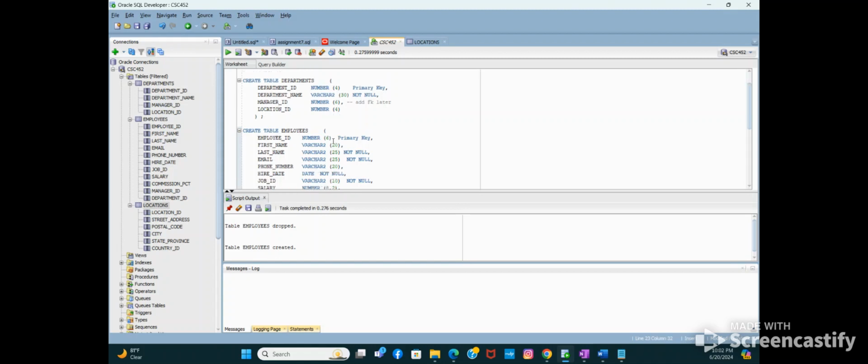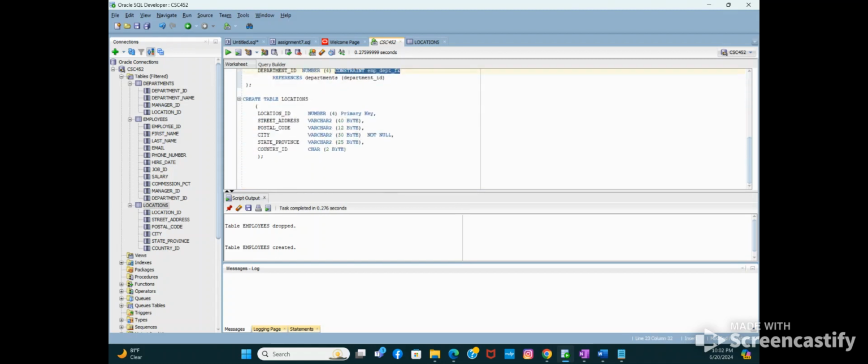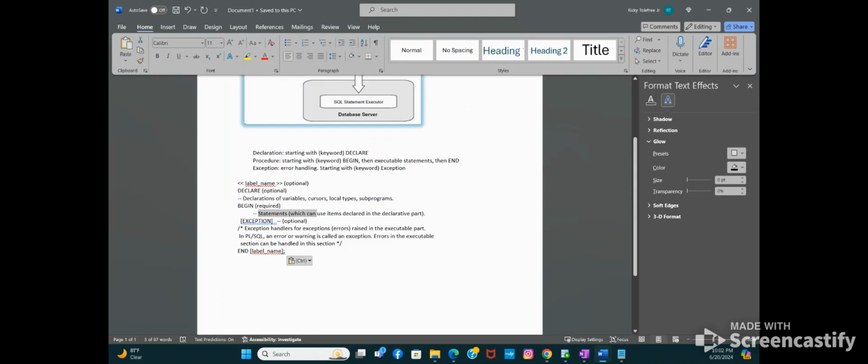Do we have a block structure here? Hold on, let me see something. Let's see here. So again, PL/SQL is a block structure programming language, and in this one we're just going to do another simple output, but this time we're going to declare some variables, and we're going to get an output of those variables, right? So we're not going to actually do too much,